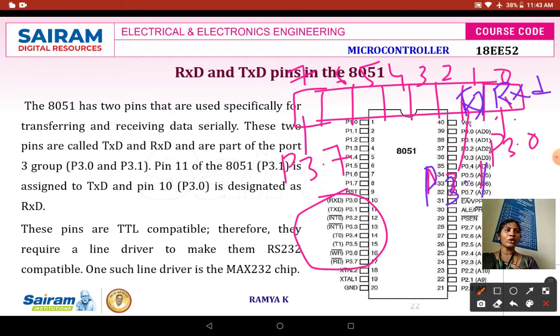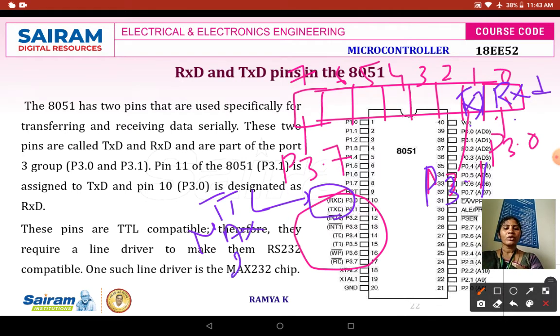So these two pins are mainly meant for transmitting and receiving the data from your external hardware device. And also when you are transmitting or receiving the data, you have to check that these two pins should be compatible with your TTL logic. So if it is not compatible, then you have to connect the chip called MAX232. If you are not connecting MAX232, then your microcontroller will not be compatible with your TTL logic, and